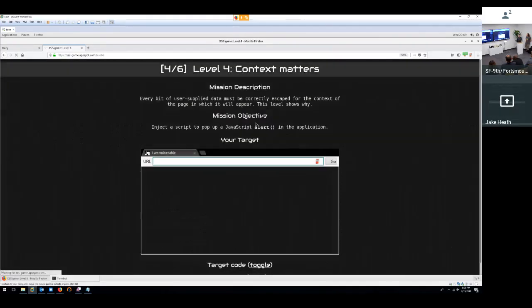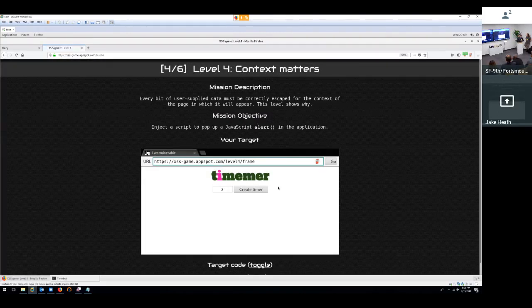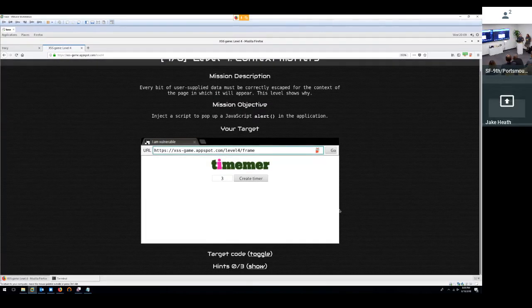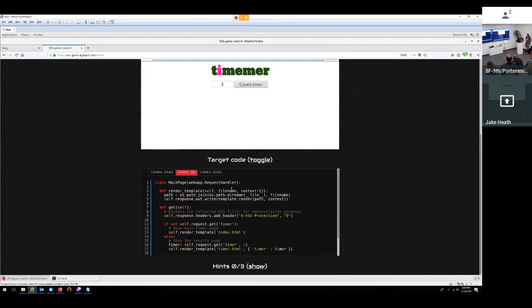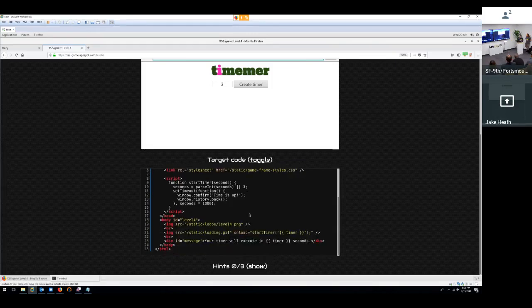Okay, last one. This one's a little more challenging. This one happens to use an onEvent handler. So if we look at this JavaScript here, the vulnerability happens here. On load, a timer gets started, and this is JavaScript that gets evaluated, and then it replaces timer